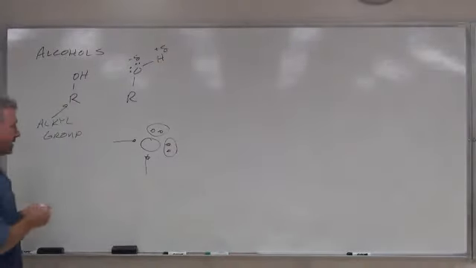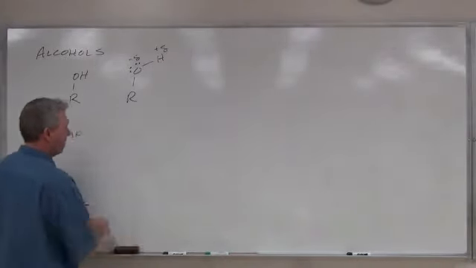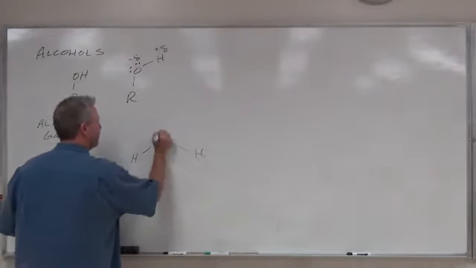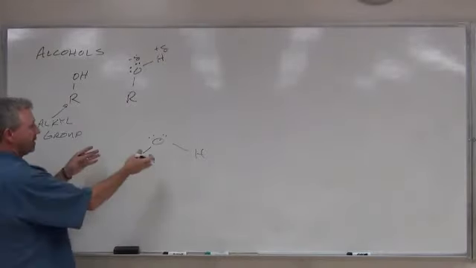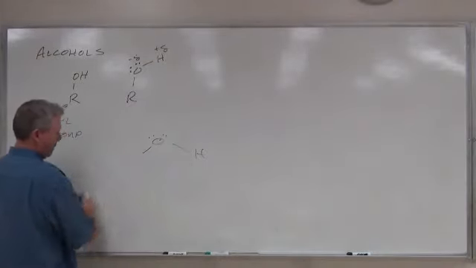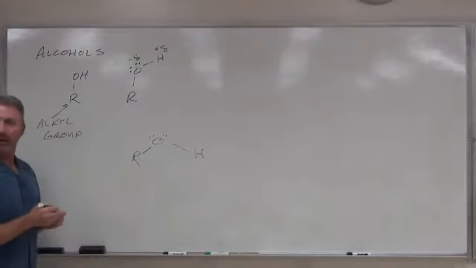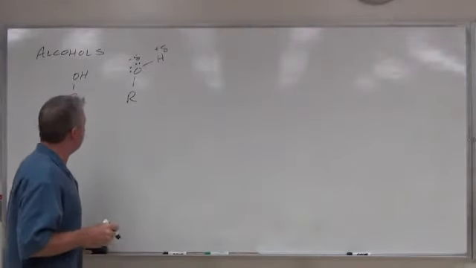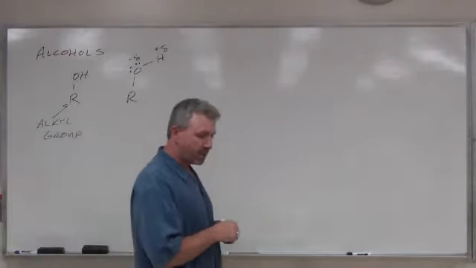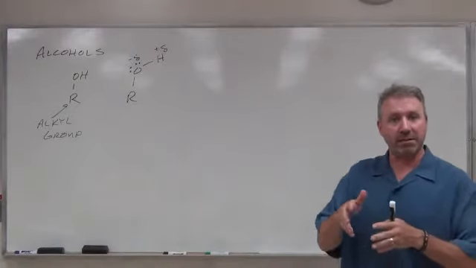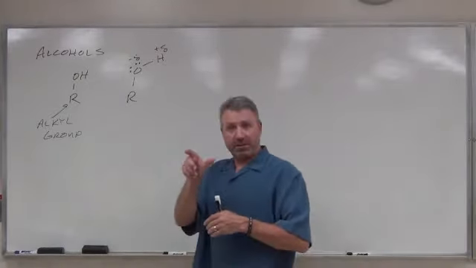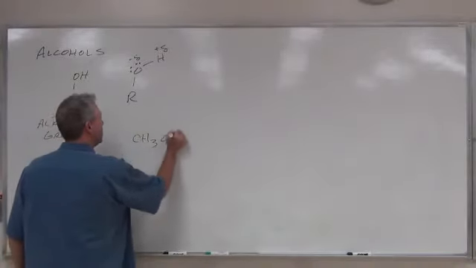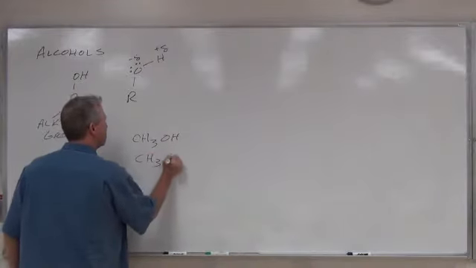And this is no different than water. If you can remember what water looked like? We looked at that quite extensively when we looked at hydrogen bonding. This is nothing more than water, only get rid of that and we put an R group on there. That's our alcohols. Well, the polarity of the OH group will dominate the solubility characteristics of the alcohol if it's a small chain. So if you have a couple of alcohols,